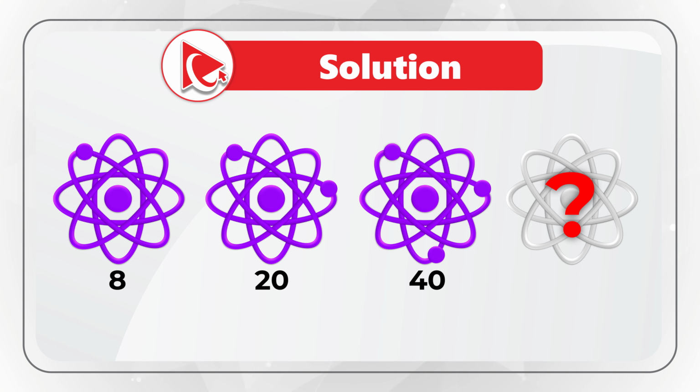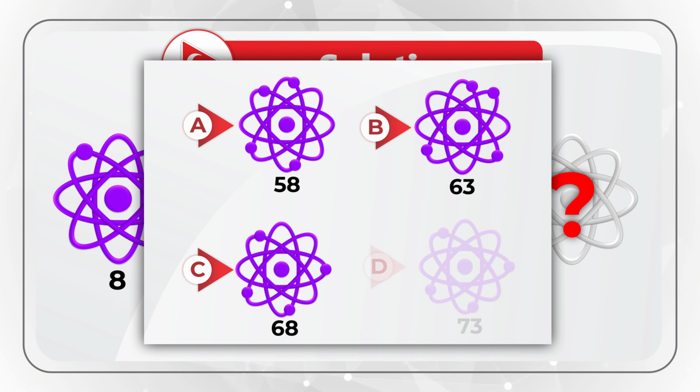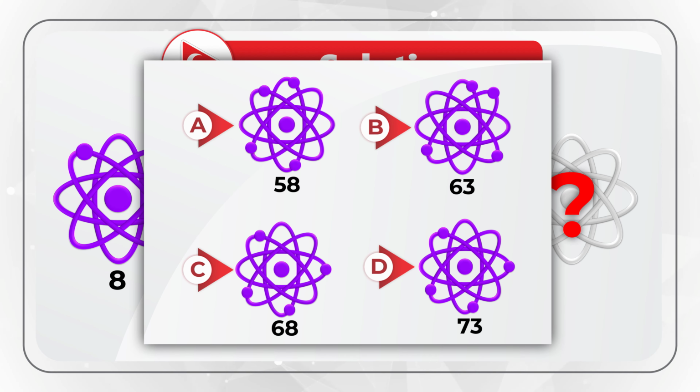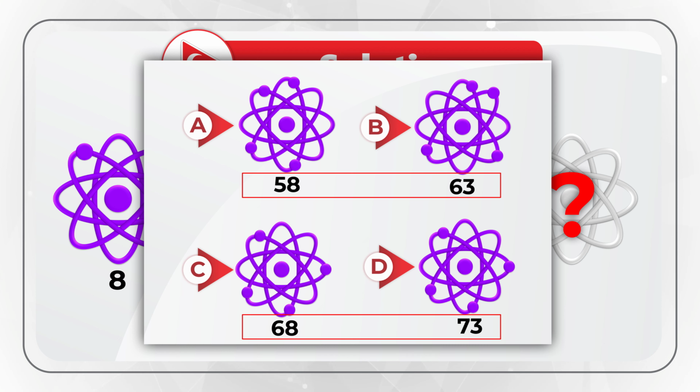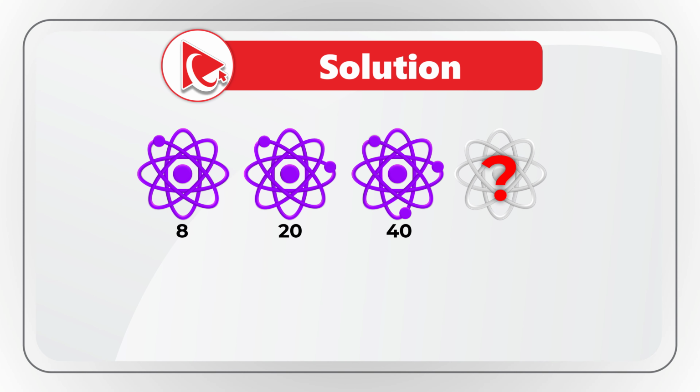Well, this is not much help here, because if you look at the choices A, B, C, and D, they all have 4 small spheres. So our next step to solve this challenge is to look at the bottom number. And to solve it, you need to find the formula to calculate the bottom number based on the incrementing number